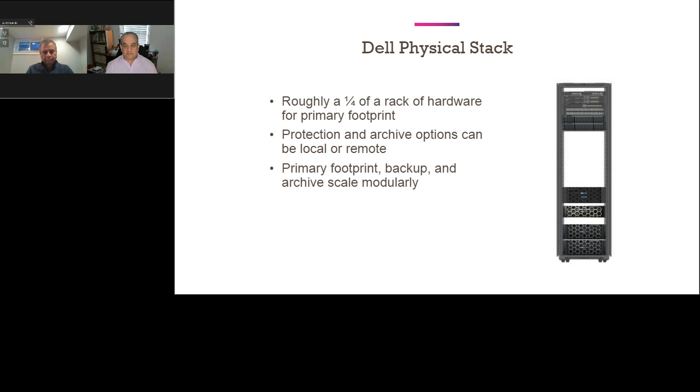In addition to that, you have the physical stack. And the thing that should strike you on this is that it's actually not a whole bunch of stuff. It's less than one rack worth of equipment. It's about a quarter of a rack worth of equipment. So this can be deployed at pretty substantial scale in very, very little physical space.